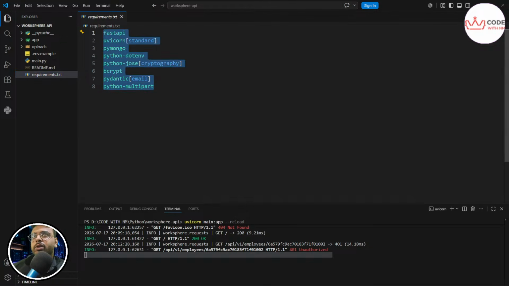Okay, here is the requirement file. I've already in many of my FastAPI